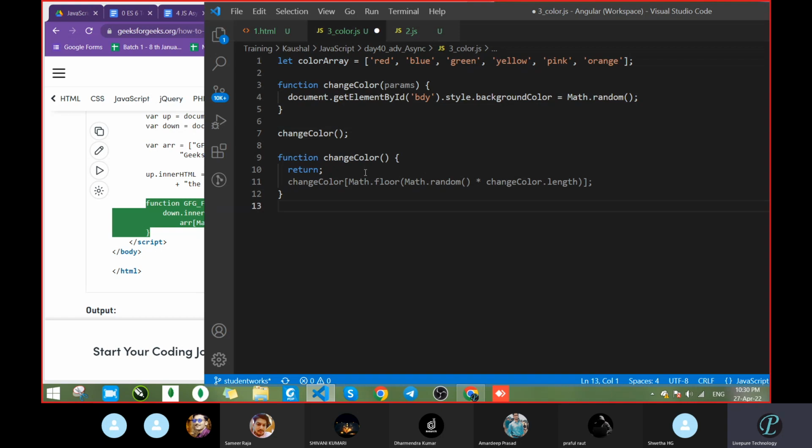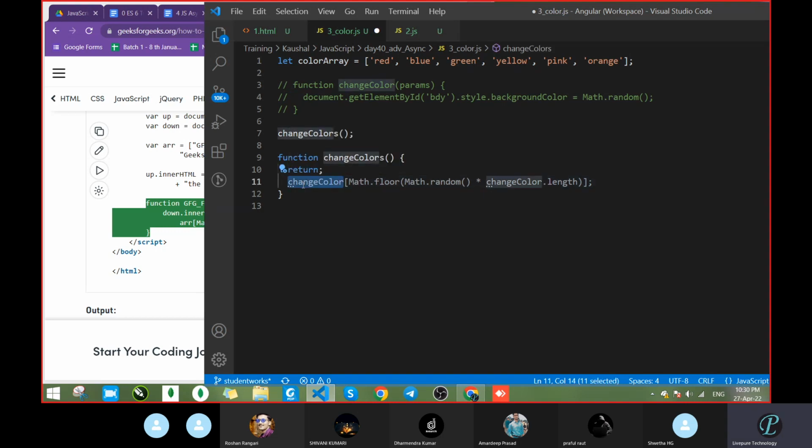Okay, return we had done. Then okay, one second. Colors. Then where is it targeting? Is it targeting or not? Oh, it's targeting this function. We made a mistake then.